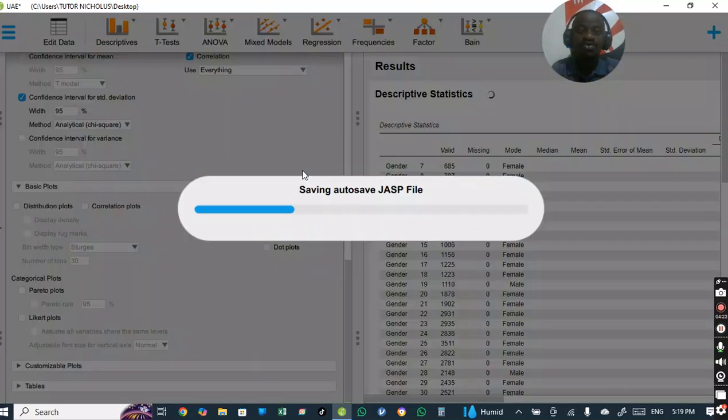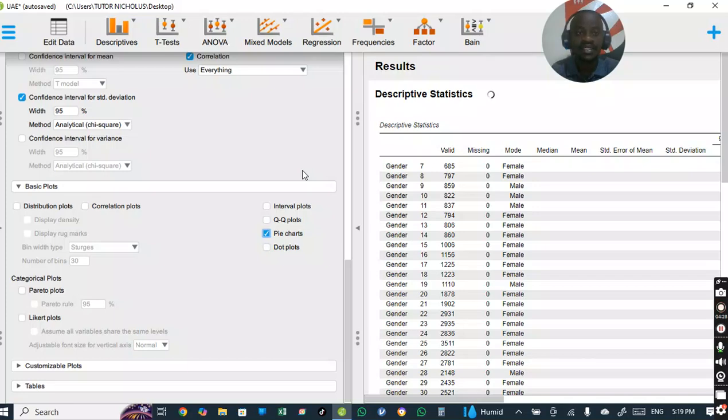And of course, as you proceed, these particular software normally save your data set, because sometimes you can be asked by your lecturer to submit your report including the file. That's why you've seen it is saving the document. And of course it normally takes a few minutes to load. That's why you are seeing there's that part of median, mean, standard error of mean, standard deviation. It is still loading, but all in all, you will be in a position to understand how to interpret it once the figures have been